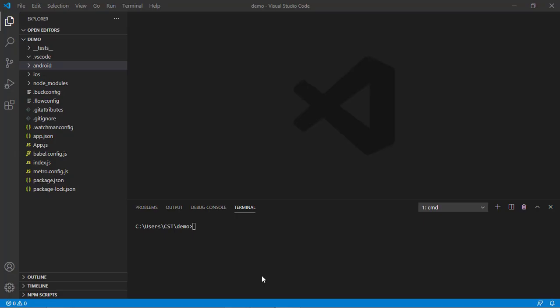Now I will explain how to generate a signed APK in React Native. In step 1, we have to generate a signed release key file. This release key file will be generated with the help of the keytool utility. For this, we have to type the following command.